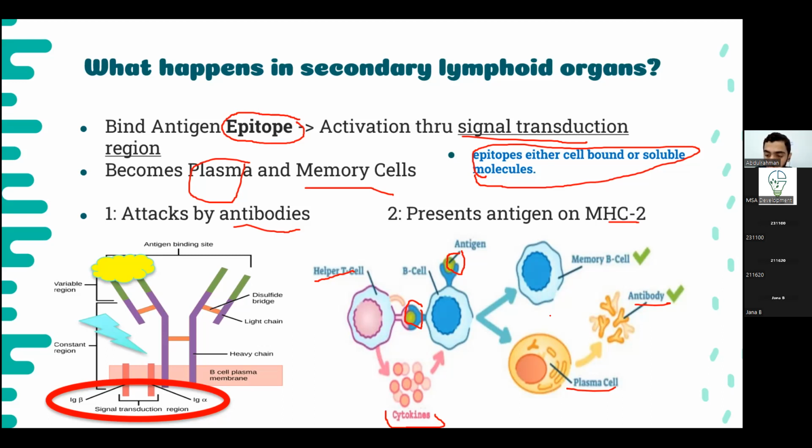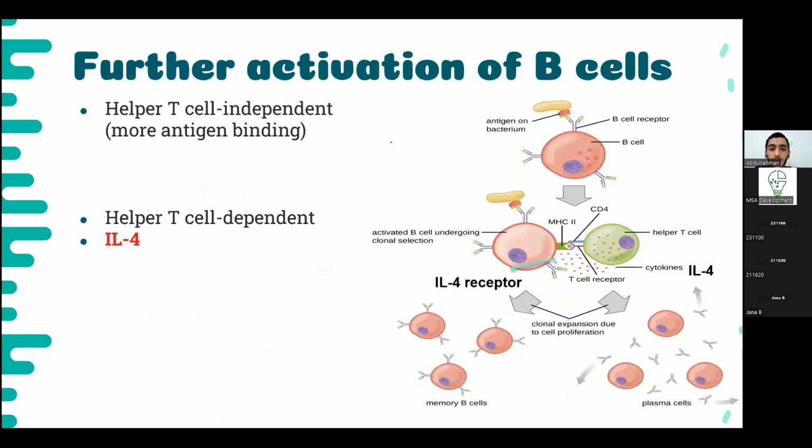Cytokines and signal transduction region increase the production of antibodies. Yes, that's exactly what happens. Cytokines are released by the T cell to make more antibodies, and the signal transduction region is basically from the T cell itself to increase the activation. But all T cells undergo signal transduction region, and this is the part that you talked about, the independent and the dependent. So the independent is through the signal activation region or the signal transduction region by having an antigen bind freely. Okay, so the antigen freely binds,